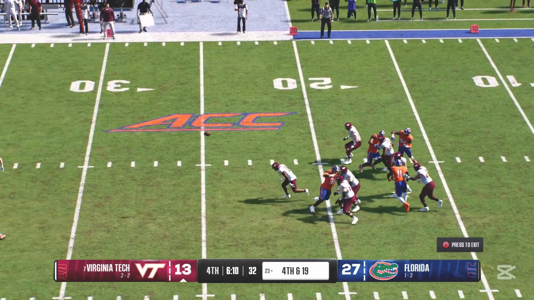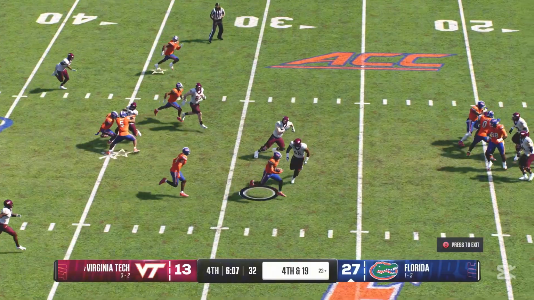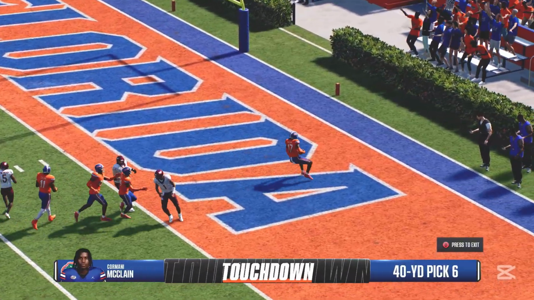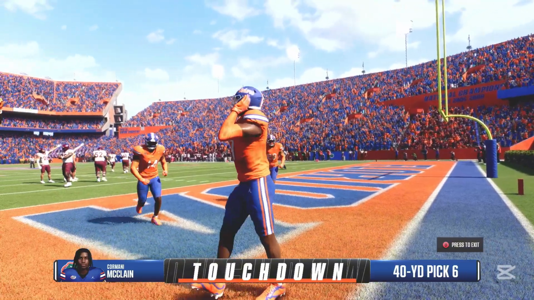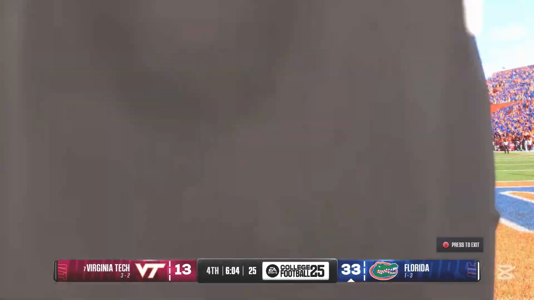He'll try to throw and pick up the first down. And he intercepts it. Looking for more room. Inside the 10. And with the interception, he'll take it all the way back. Touchdown, Florida! That one puts them in really good shape to get back on the right track and get another